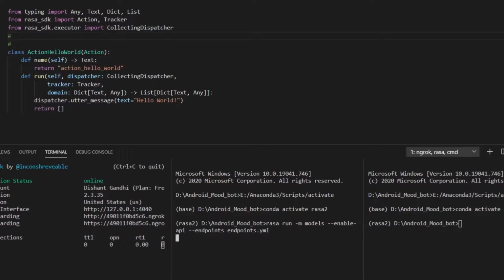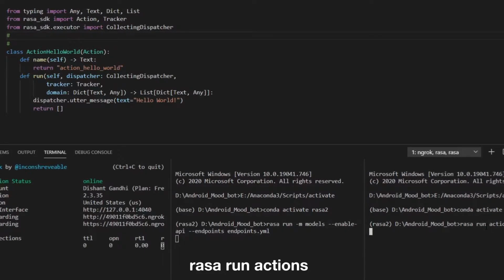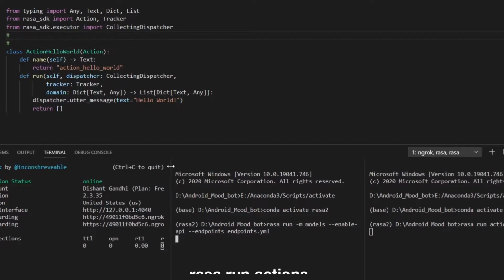Enter, and also right here I'll be starting rasa run actions. This will run the action server. So let it get started, and till then